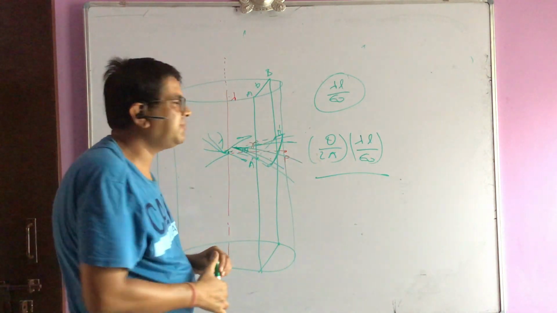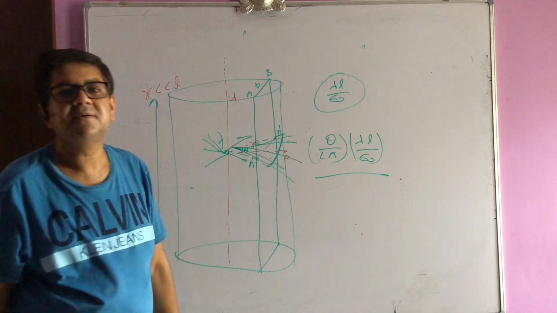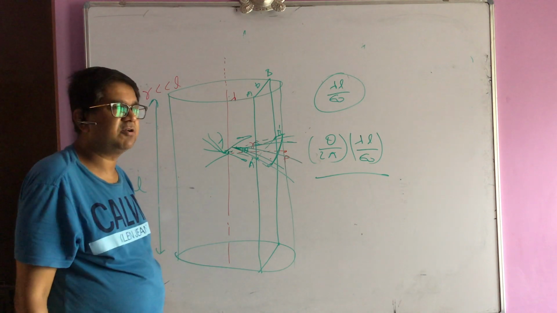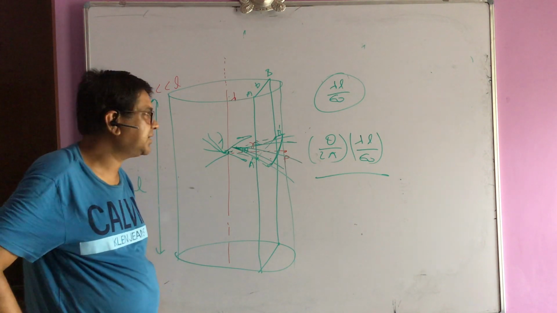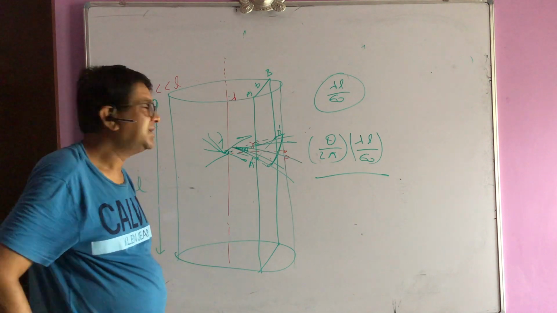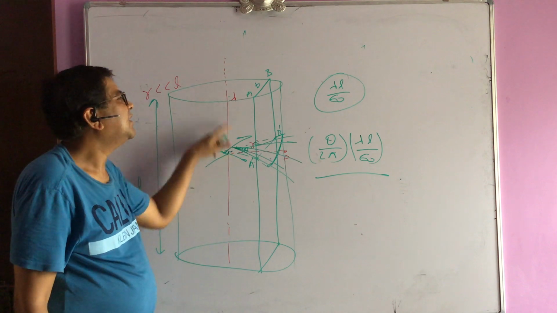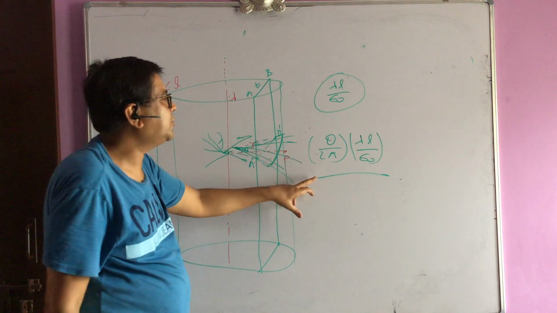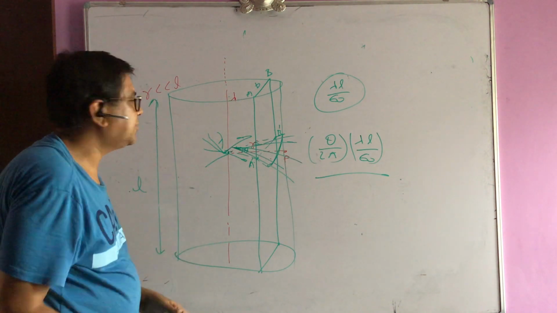So sometimes we can place a long sheet of given width in the surrounding of a line charge, and we can ask you about the flux through that. What you have to do there is see what is the angle subtended by the width of that sheet at the axis, the position of the line charge. Under that plane angle, you divide by 2 pi and you calculate the flux. So this is one of the approaches while calculating the flux.